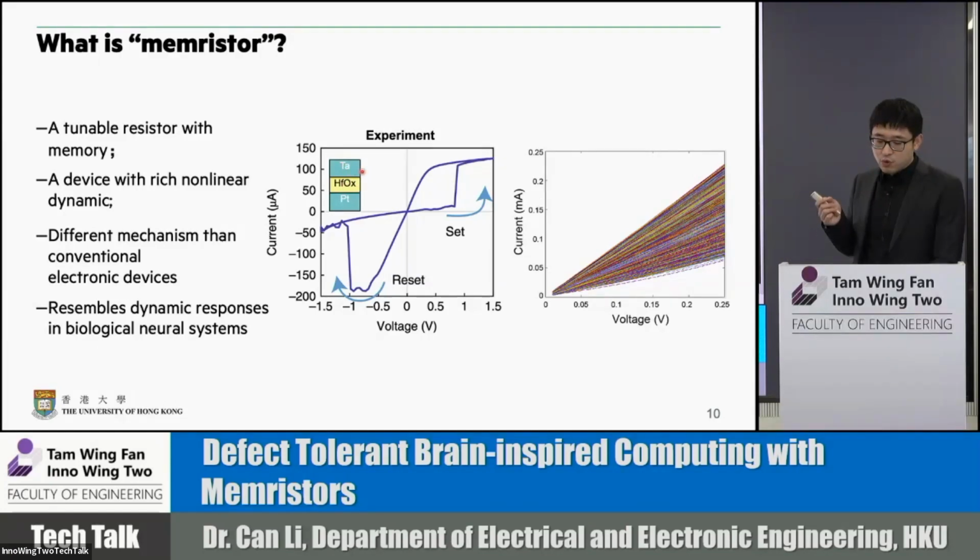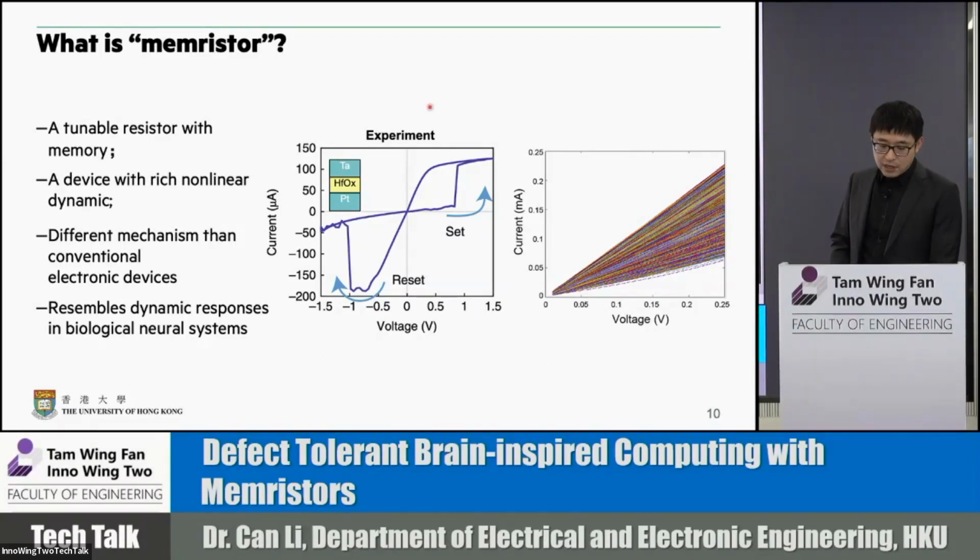But what's different is that if you apply a higher voltage, the resistance between the two terminals can be programmed. For example, if you apply a large positive voltage, it will set the device from a higher resistance state to a lower resistance state. And if you apply a large negative voltage, then there will be a reverse process. But what's more is that it has more than two states. If there were two states, then it would be digital. But our device is analog, which means the resistance can be tuned to any level between the low resistance state and high resistance state, so that you can use that to represent the synaptic connection, which is